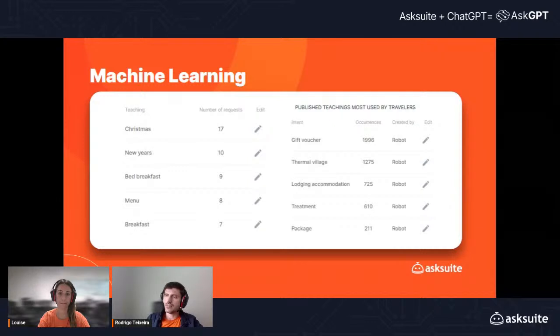In this case, on the right side, you can see our algorithm recommendations and how many times travelers asked about these topics after the hotel added the responses. For example, gift voucher already occurred almost 2,000 times after the hotel taught the robot about it.